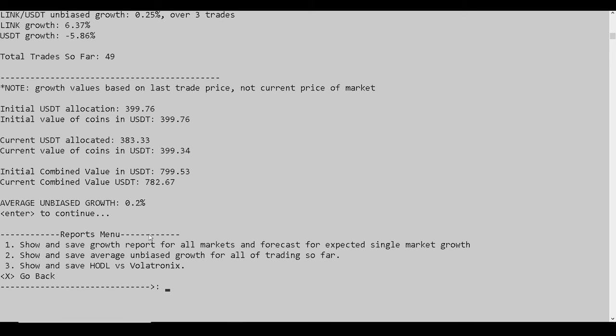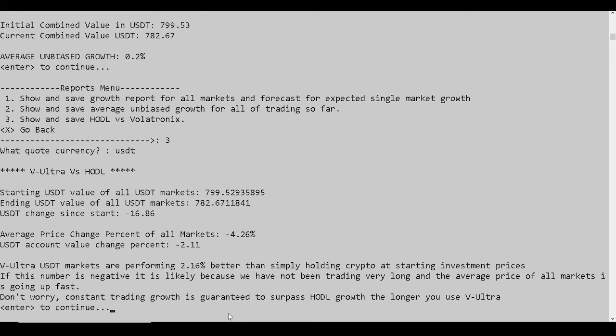Show and save HODL versus Volatronix. Now this one, you might be trading multiple quote currencies against many other coins, but you have to do this one per quote currency so that the numbers don't, like, right, if Bitcoin is a base and dollars is another base, you're not going to get an accurate report. So we're going to do this, and we see that